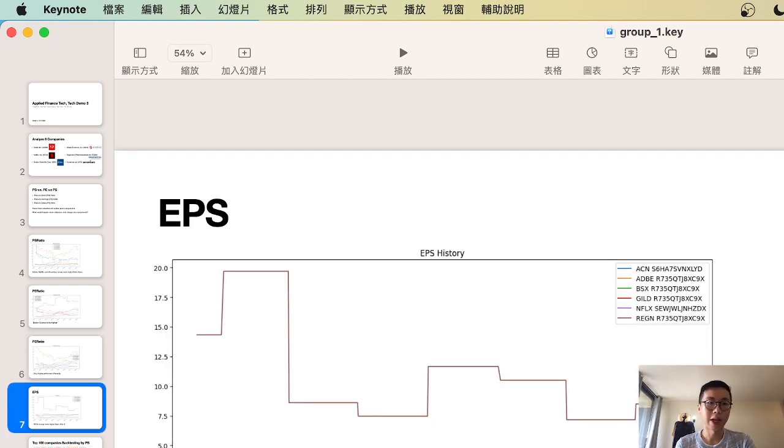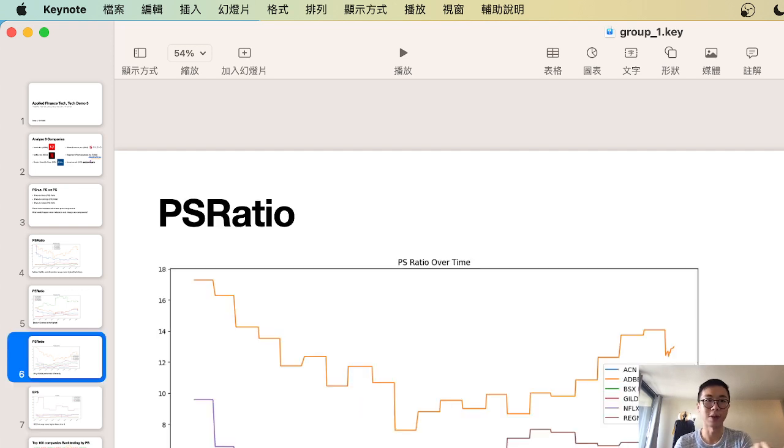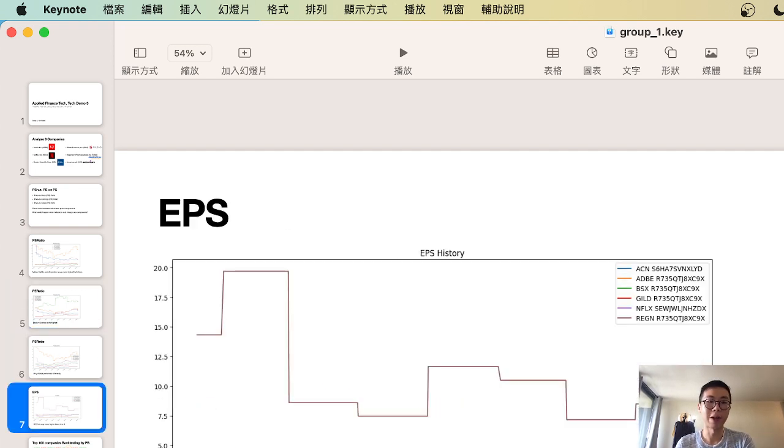There's also one more, the PE ratio, but not the PE ratio, it's the PE ratio without dividing by the market value. So we can see there's a way bigger difference in behavior. The plot is totally different from the PE ratios. Right now, the highest one is Regeneron, a pharmaceutical company, because the drug industry is a mature